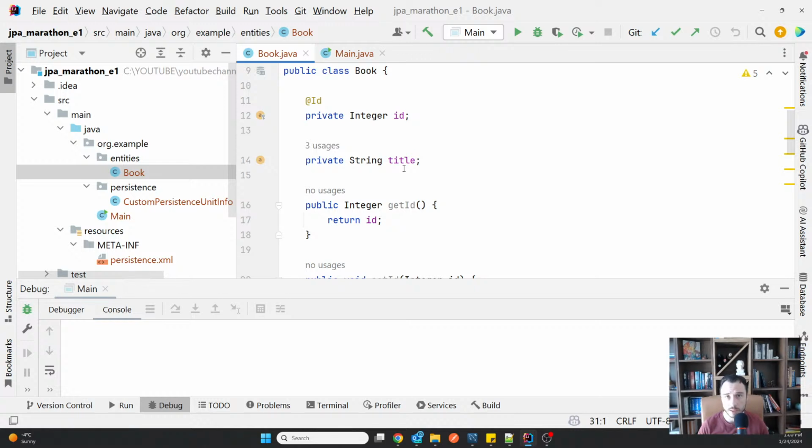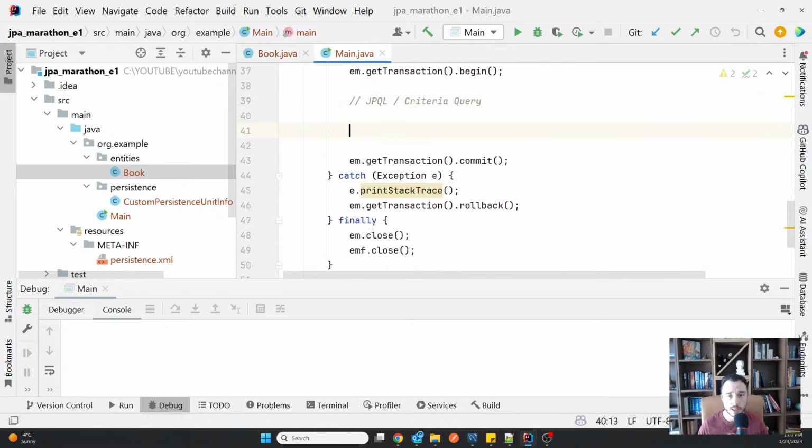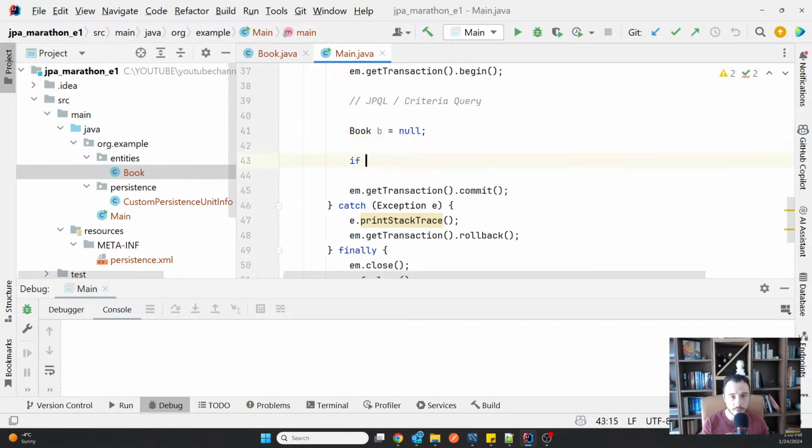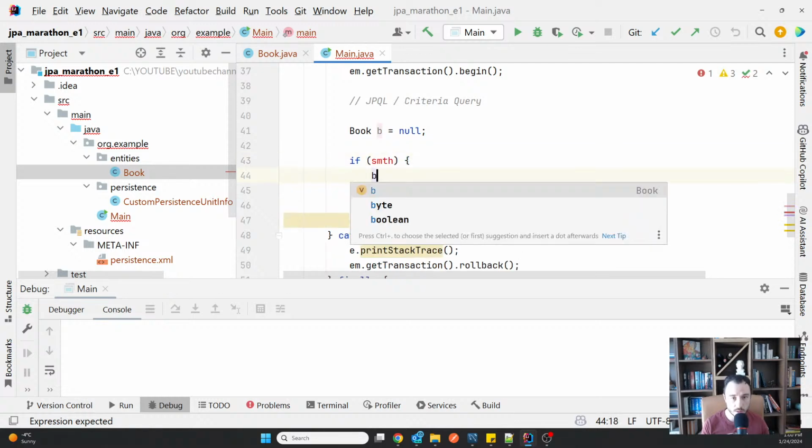Normally you can use get reference if you potentially will use an instance, but you are not 100% sure. Then the query will be generated only if you really use that reference. Say you need to get a book, and if some condition holds, then you use the book.